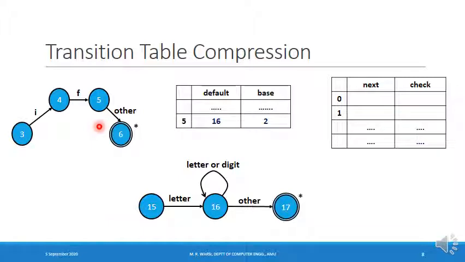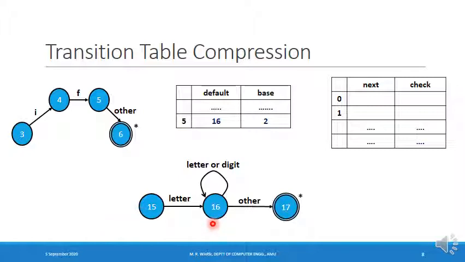So in this case, what would be the equivalent state at this stage had we been running the automata for identifier? On seeing small b in state number 5, the corresponding state in the identifier finite automata will be state number 16.